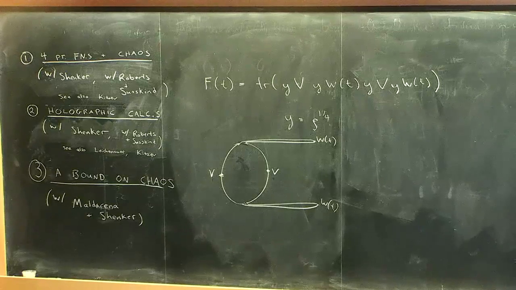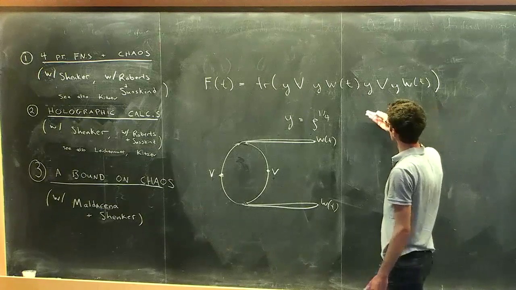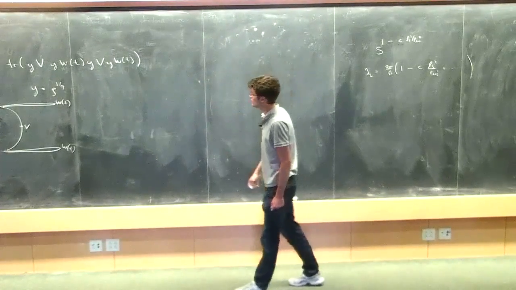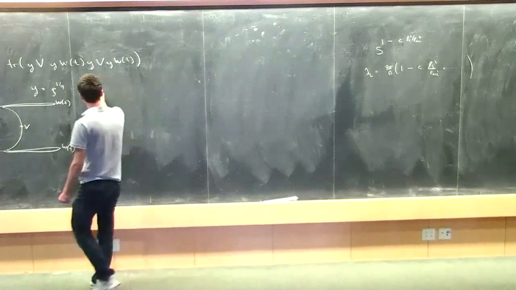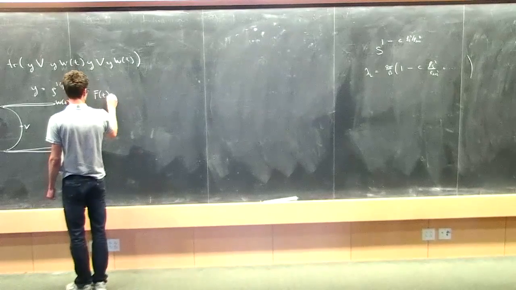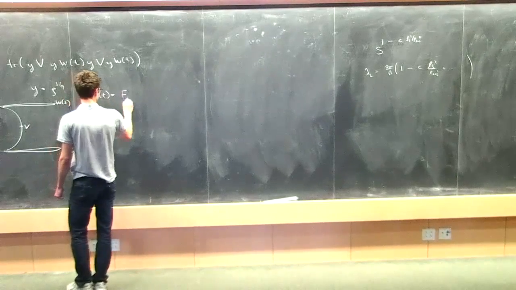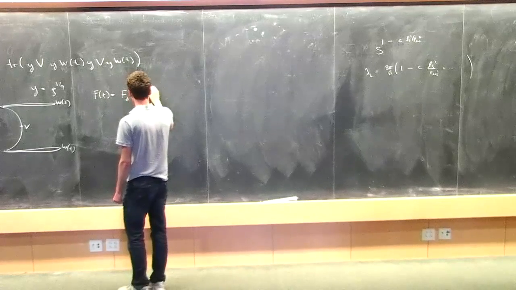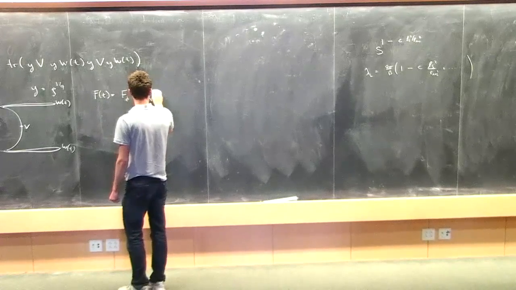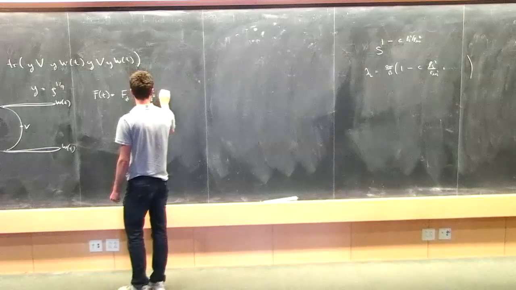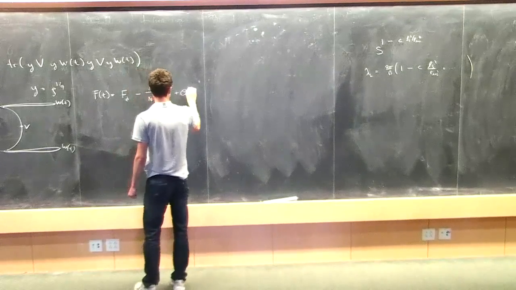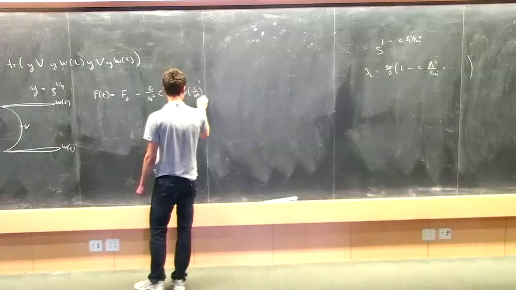But first, let me just mention that you can use holography to calculate this function the same way that we calculated this 4-point function a moment ago. And what one finds is F of t is equal to F_d, a constant which I'll define in a moment, minus, now there's no factor of i, 1 over N squared, some constant, e to the 2 pi over beta times t, plus order 1 over N to the 4th.